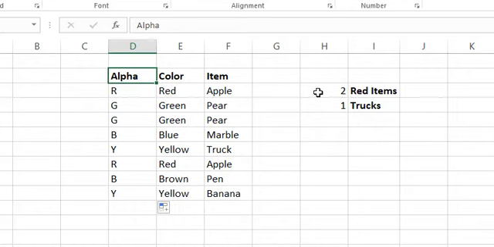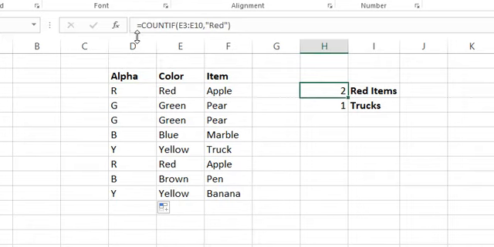So here we want to know how many red trucks, how many red items, and then down here, how many trucks. The formula is fairly simple, so I'll click here and you'll see up here in the formula bar, equals, remember every formula begins with an equal sign, COUNTIF. Now you can type it in lowercase, uppercase, doesn't matter, it will always become uppercase once you hit enter. So equals COUNTIF. You're saying, I want to count a range and tell me how many there are if they